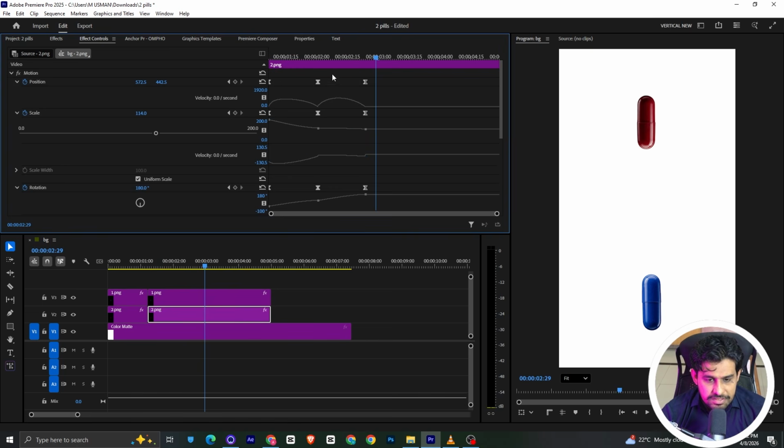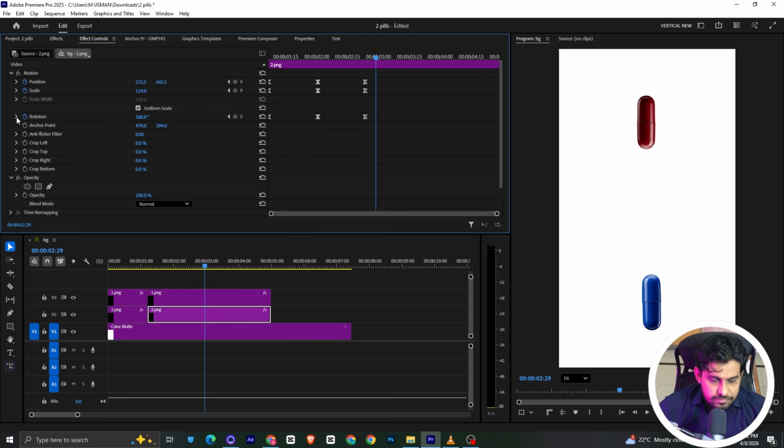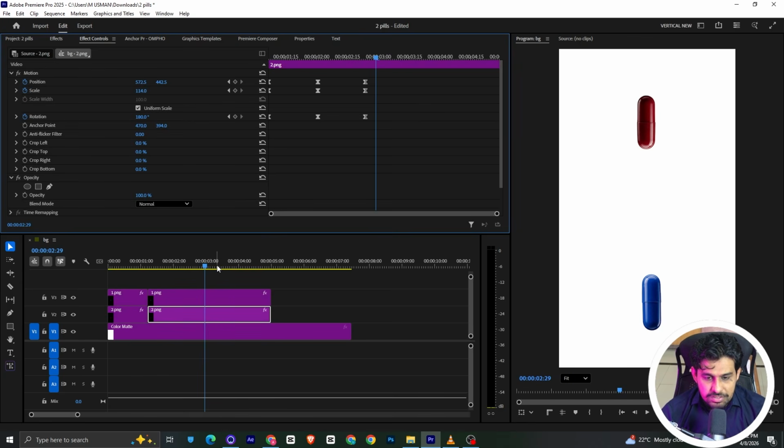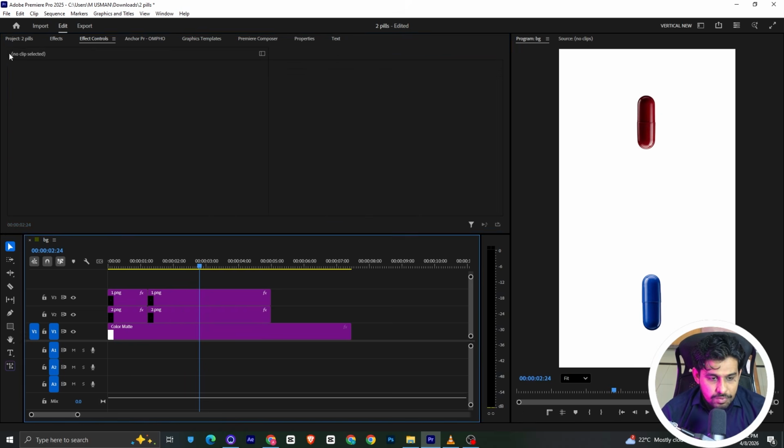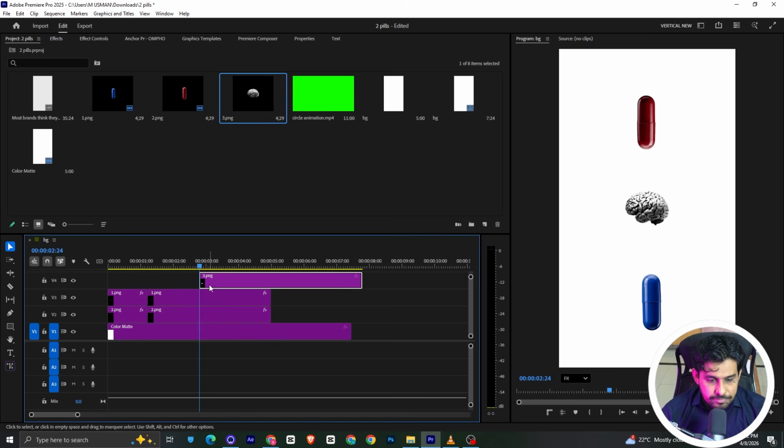If you don't need the middle one, you can also delete these keyframes as well, so there won't be any difference for now, because the original one I think was created in After Effects. That is why that is more smooth, so we have to create it in Premiere Pro. So that's the method. Now what I will do is bring in the brain PNG to the